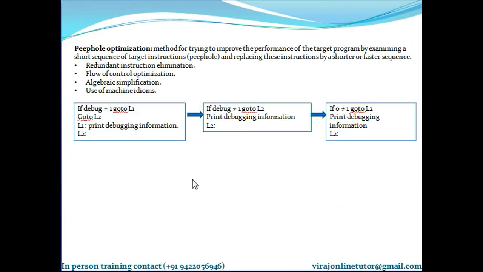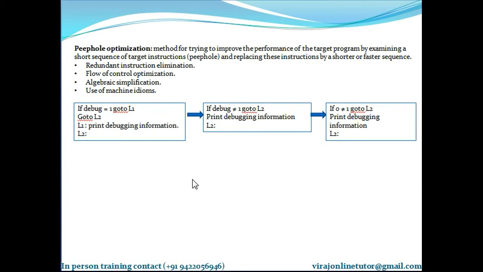Now let's learn what peephole optimization is.